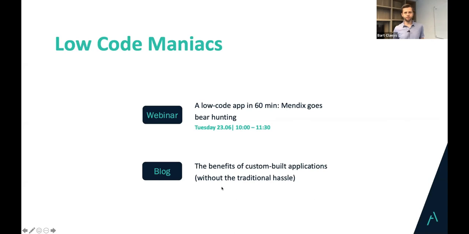What is left to say is that the last webinar we have, at the end of June, is where a colleague of ours with Apyx and someone from Siemens will build an application. We will start off by creating a bear hunting application so that the kids can take pictures of those teddy bears behind the windows. But then let's see how we can transform that into an enterprise corporate application within a service environment, for example. So it's a nice way of showing the capabilities of Mendix.